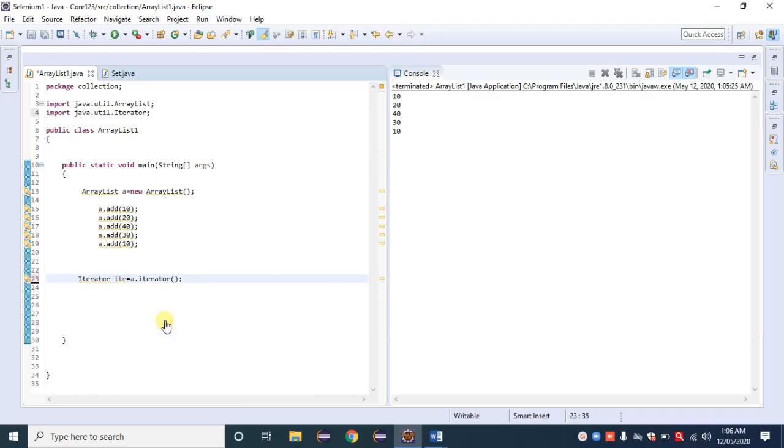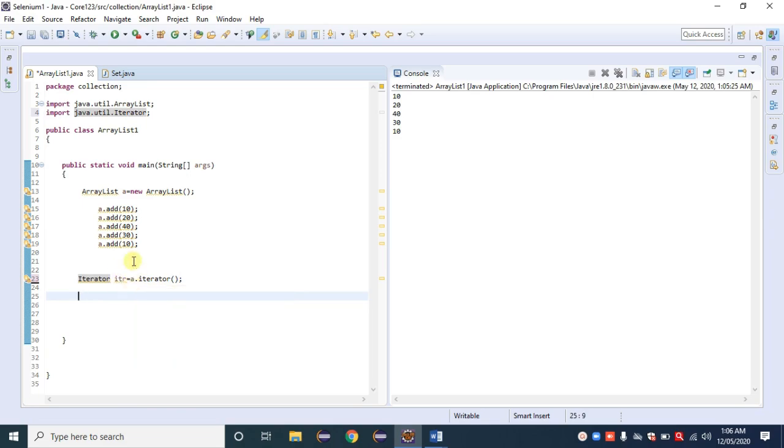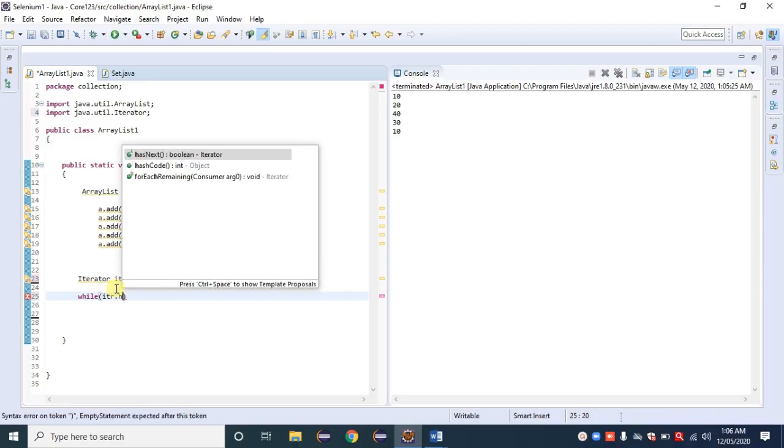So what is this Iterator? It is an interface. itr is a reference variable name, I can give any name here. Which list do I need to iterate here? This is the variable that contains the list of all these elements. And iterator is a method. So here I am using a while loop, while itr.hasNext.